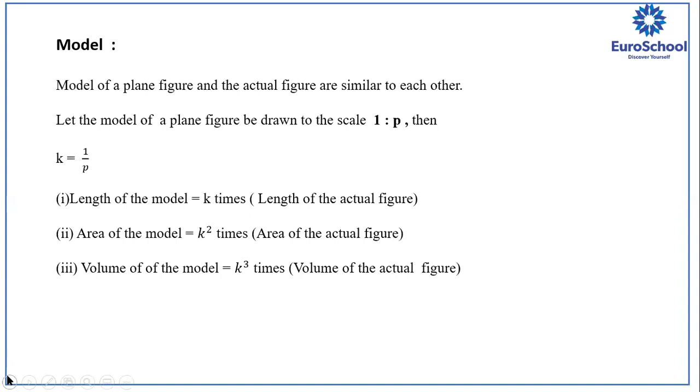See, the concept is the same. When we talk about one side of a length, we multiply it with the scale factor k times. When we talk about the area of anything, we multiply by the square of the scale factor, because we are actually multiplying two sides. When we talk about the volume of anything of a model, we multiply it with the cube of the scale factor because we are multiplying three sides. Same concept we are using for the model.